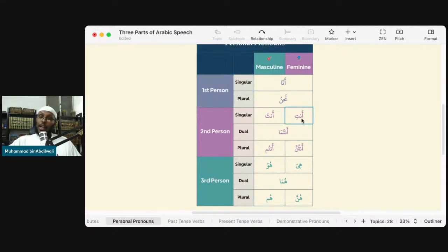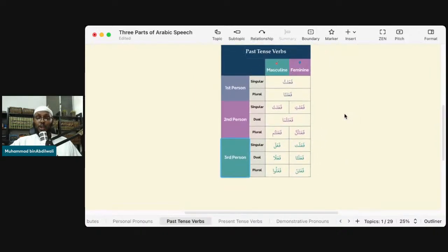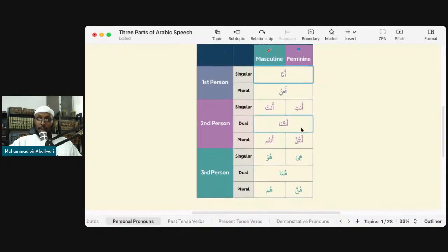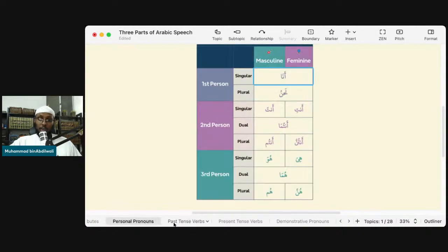واضح؟ أنا and نحن. Now, when we go to verb conjugation, as in how to write verbs, you're going to find that if the verb is أنا, I did it, it is going to be different than if the verb is نحن, we did it. Which is this table basically, which again is the exact same. Subhanallah. I just want you to contemplate on this. This table is past tense verbs, right? This table is personal pronouns. Can you see how they're the exact same? I mean, almost the exact same. There's one slight difference.